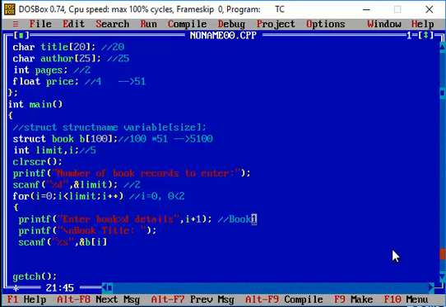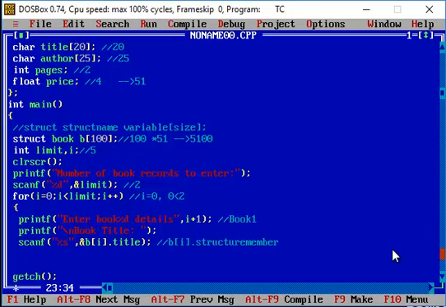So now here in the 0th index, that's the first record. Okay, we are going to get the title from the user. So the structure member is title. So I'm going to make use of the structure member, that is title. So in the previous examples, whenever we are not using the structure variable as an array, we will simply give the name of the structure variable dot the structure member. And similarly here what we are doing is we are just trying to give the index value of the particular structure variable in terms of the I value followed by a dot operator, and then we have to give the structure member. So this is the syntax.